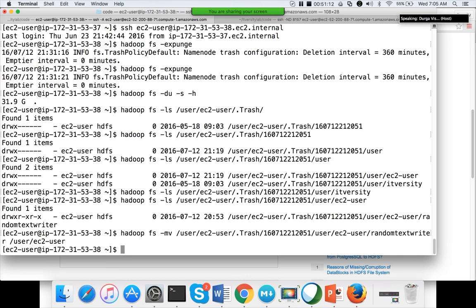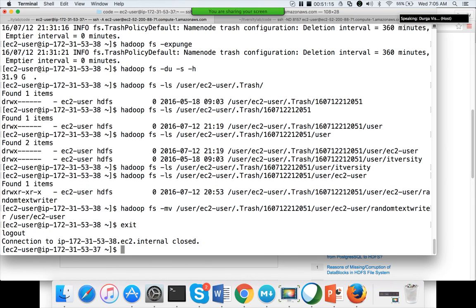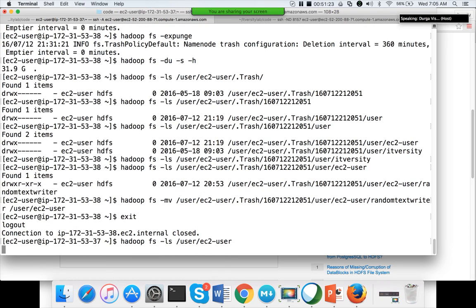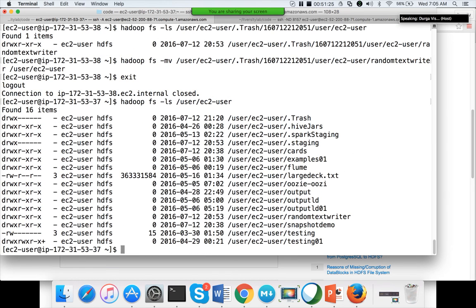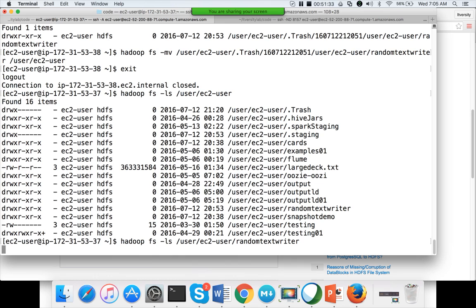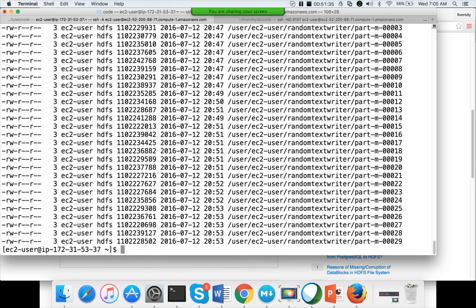Okay, now it is moved. Now I will run the word count job on this. User ec2-user, and hit enter. Make sure random text writer is here and it has files. Okay, so it has files.